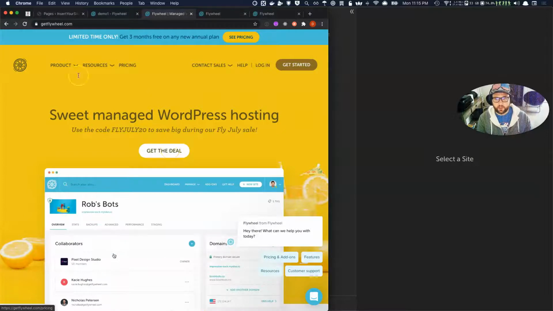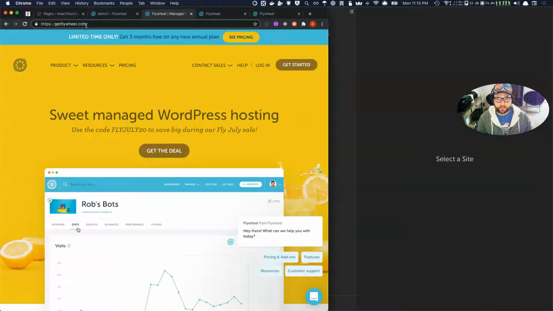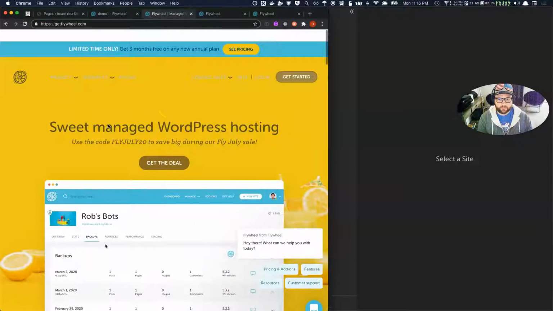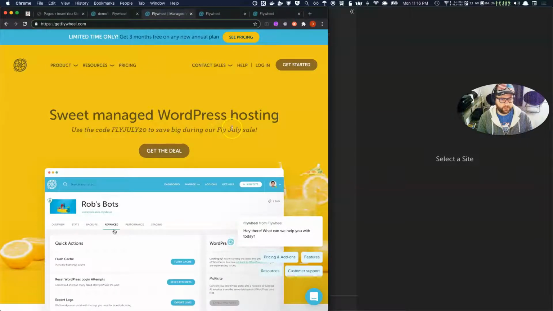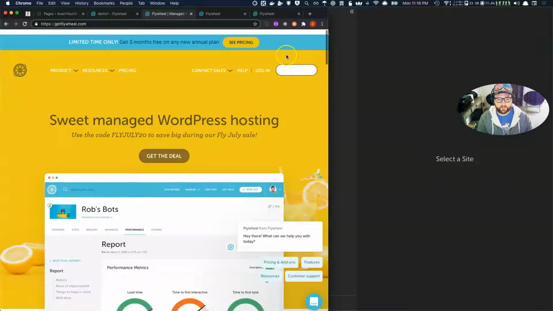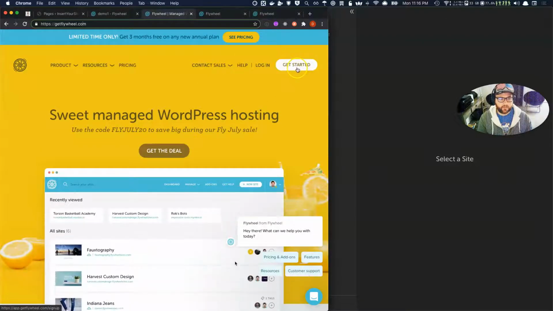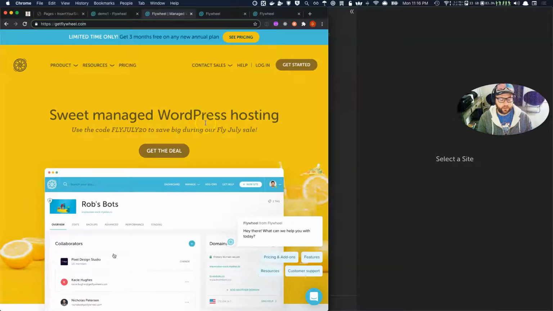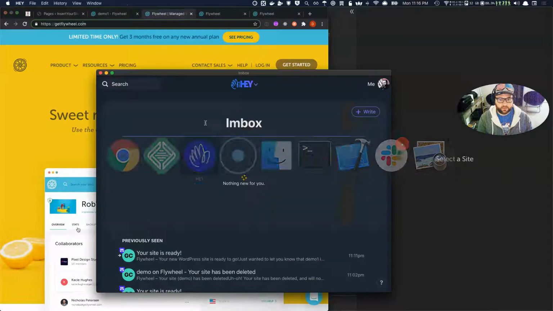So head over to getflywheel.com, and you can see they're doing their Fly July sale. It's a pretty good deal. They do two a year, once in July and once in November. You can get monthly hosting for, I think, $11.25 a month. It's pretty good. You're going to click Get Started and follow the account creation process, and then you'll need to